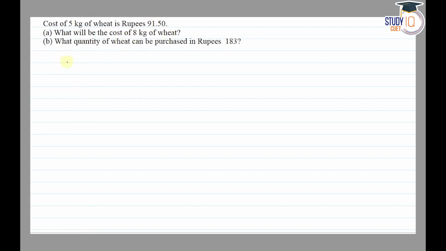So firstly, given है, the cost of 5 kg of wheat is equal to 91.50 rupees. So by the unitary method, the cost of 1 kg of